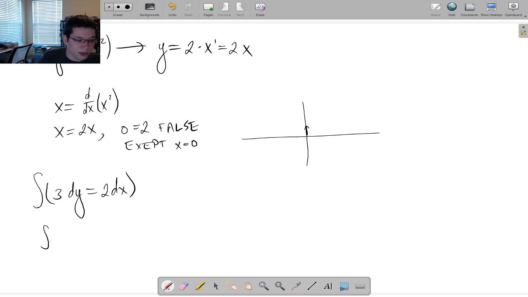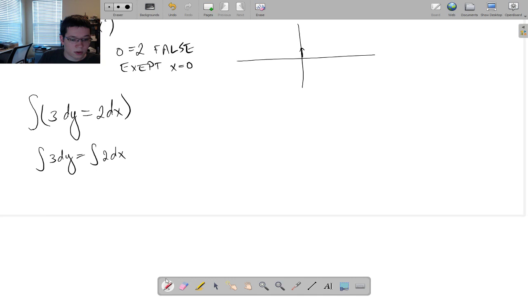So we'll do the integration of 3dy equals the integration of 2dx, which turns into 3y equal to, I'll do it so that you're more familiar with it, plus cy